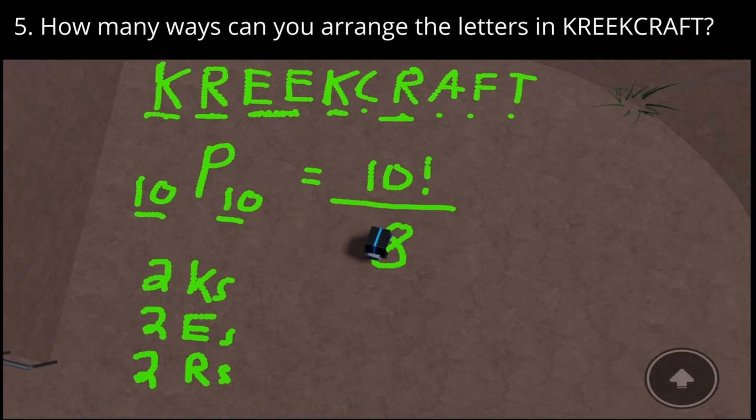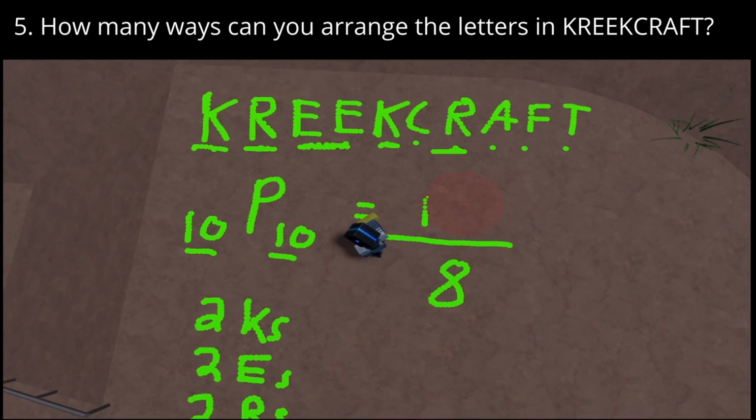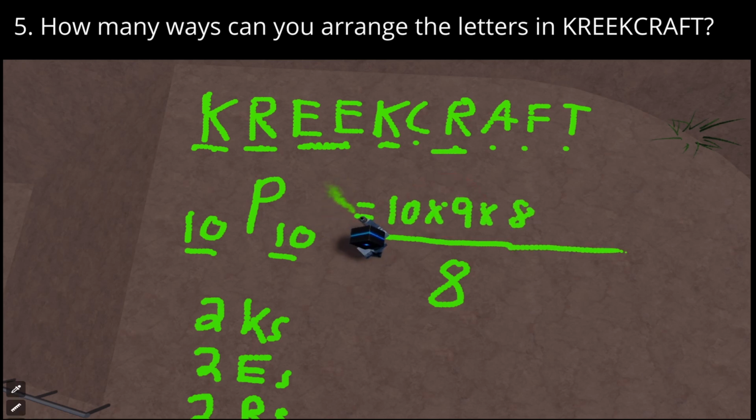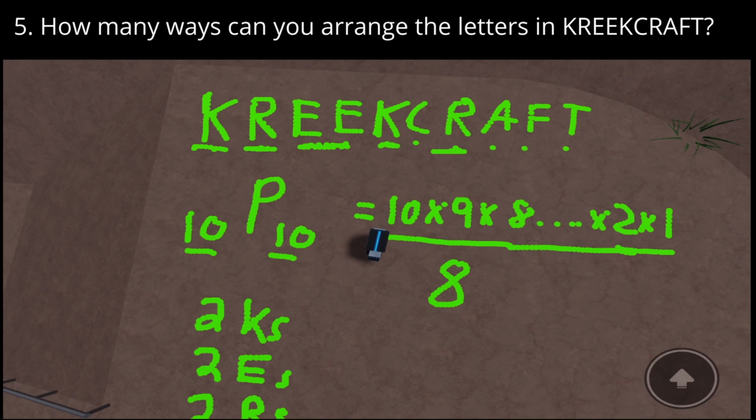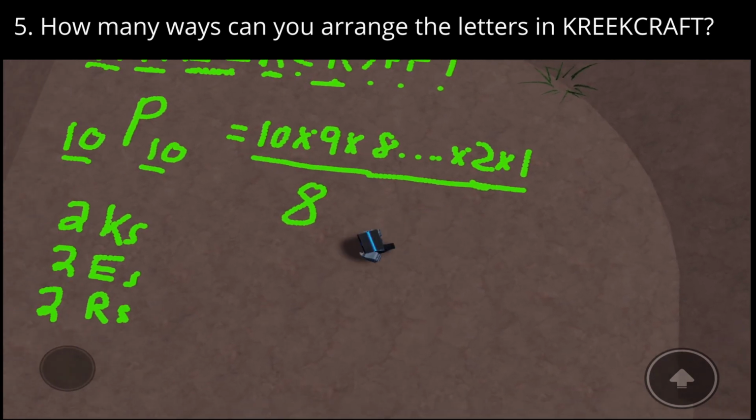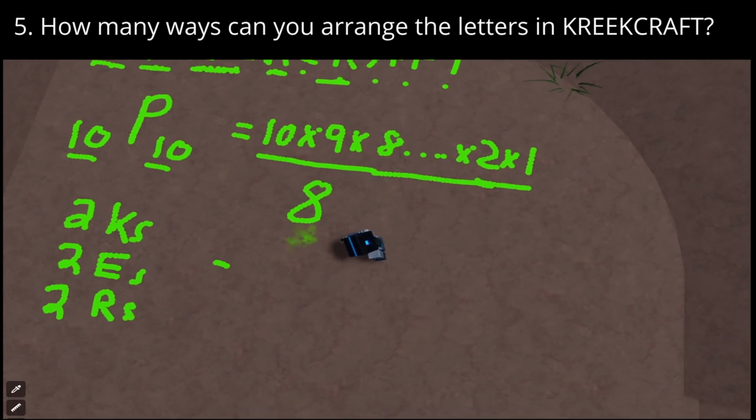And then for 10 factorial, that would just be 10 times 9 times 8 times 7 times 6. I'm just going to draw a dot dot dot, all until you have times 2 and then times 1. Now granted, this is a lot to compute at once, and I wouldn't recommend doing this by hand. So I would just take out a calculator and compute what 10 factorial is. So 10 times 9 times 8 times 7 times 6 times 5 times 4 times 3 times 2 times 1. If you do that, that's just